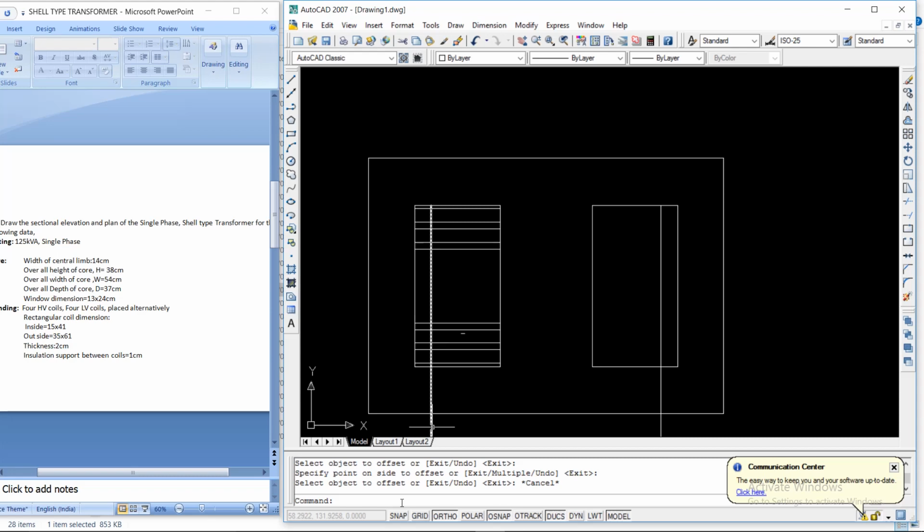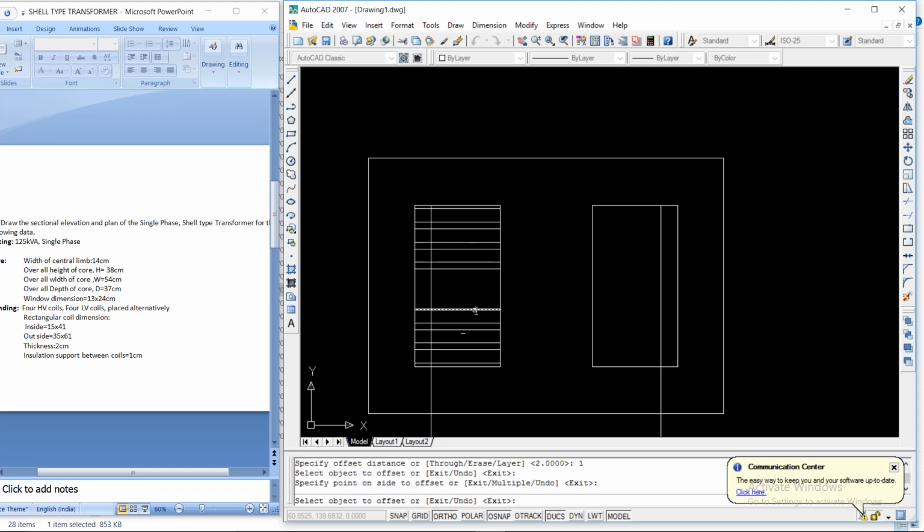So again coil thickness, offset, enter, 2 cm, enter. Click here, click here. Offset, insulation thickness 1 cm, enter.